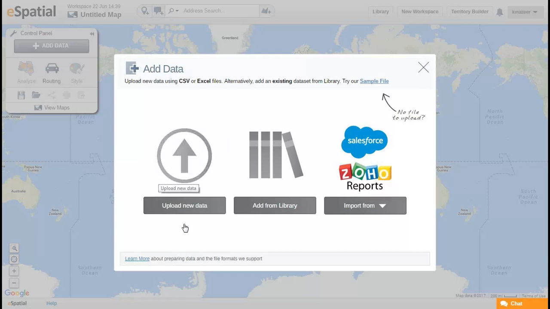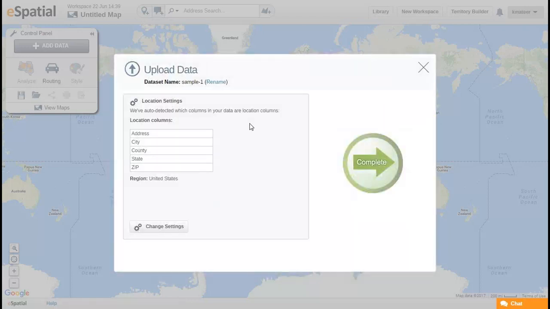It must be noted when you are uploading your own data, it must be in CSV or Excel format. All the data must be on the first sheet, column headers must be in the first row, and columns must have a unique header and must contain one data type. For the purpose of this webinar, we will use the sample file that eSpatial provides. So if you simply just click on sample file,